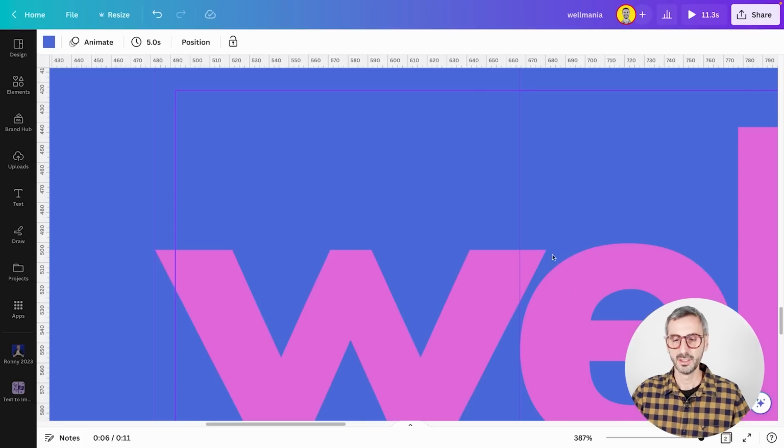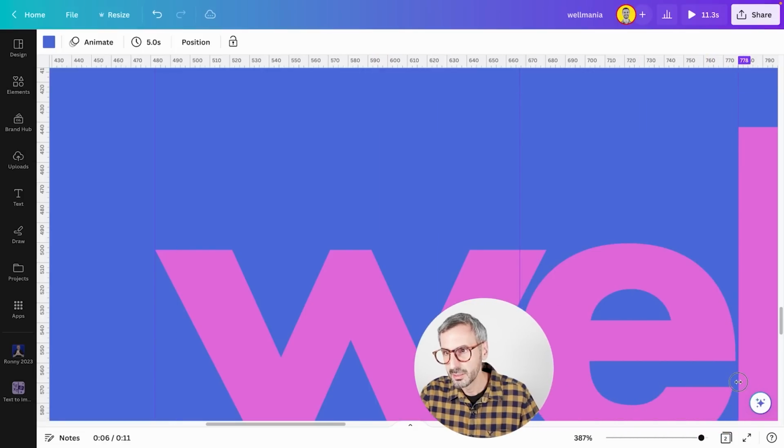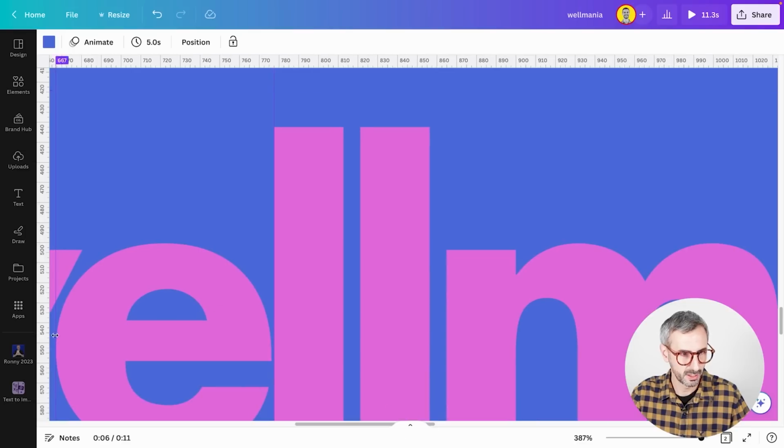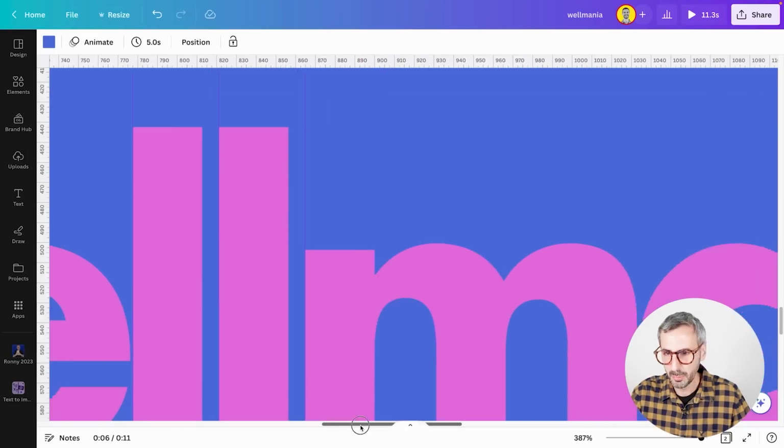So you see the E, this is where the E starts right there. So it's this guide right here. The E needs to be touching this guide. All right, bring the third guide for my L letter right here. Then I can continue doing so for every single letter. So you see, you just bring your guide, and there's a little bit of assistance by Canva, showing you exactly where to stop. Go to my A,